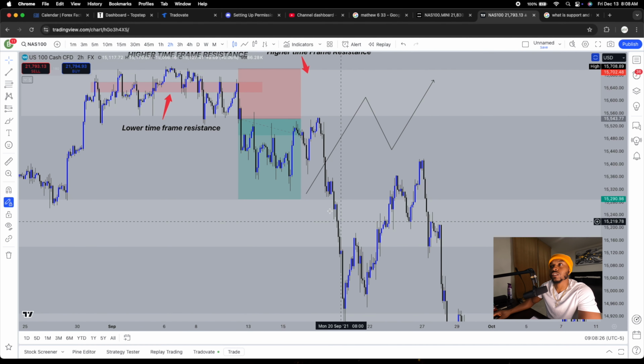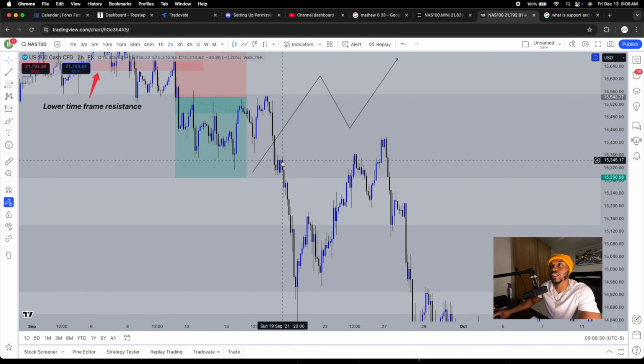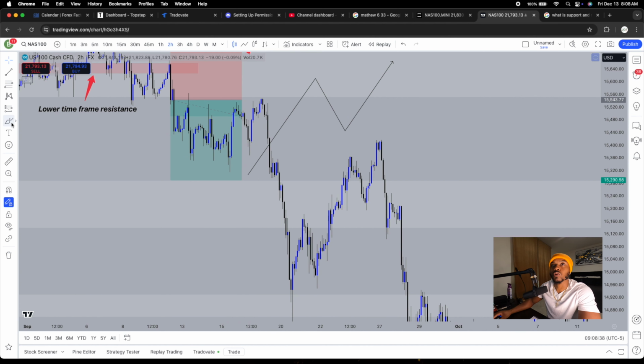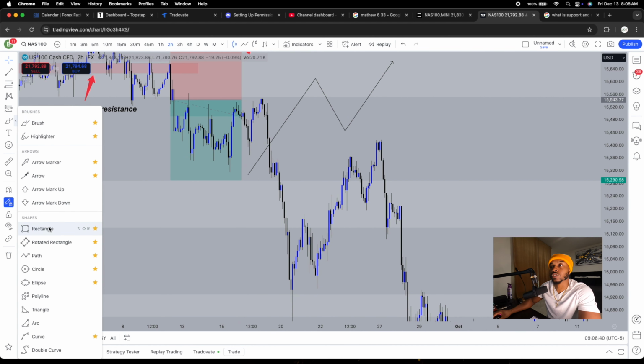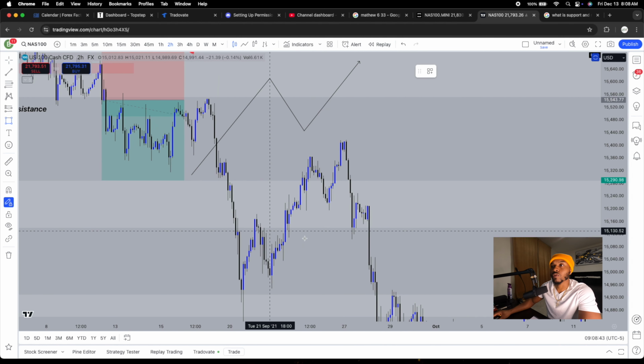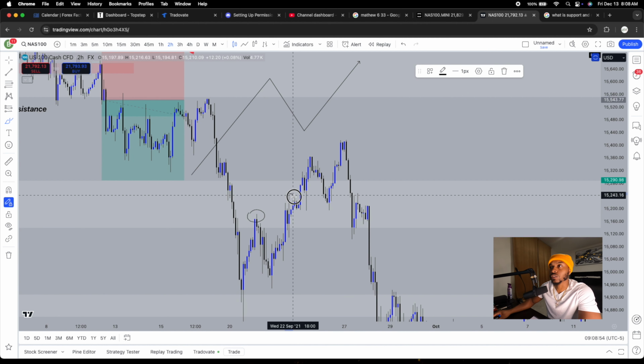Now right here, we can see we also have another level of support/resistance. Once that level is broken, we see it turn into resistance right here. We also need to see our lower time frame levels support this trade setup as well, but we don't have any lower time frame support and resistance yet. So we need to map that out first. So we have this resistance, we have this resistance, this support,